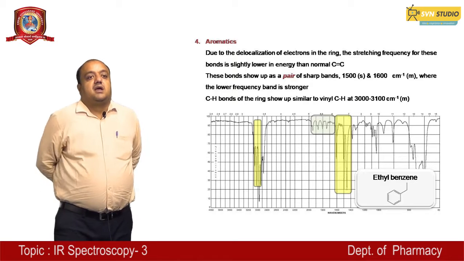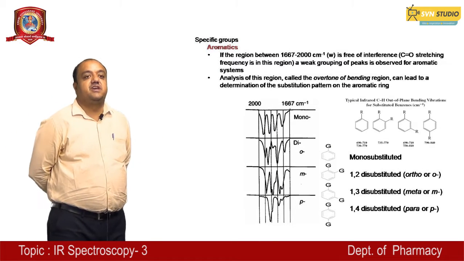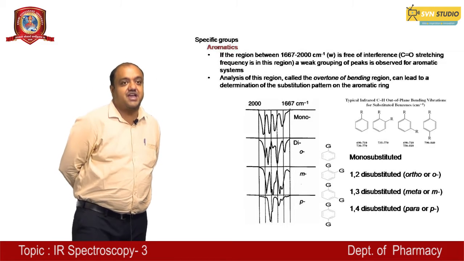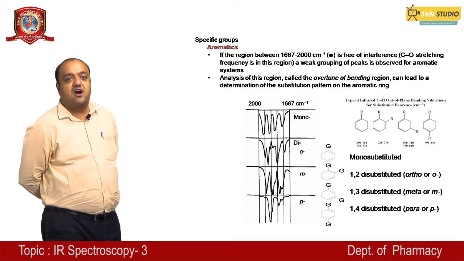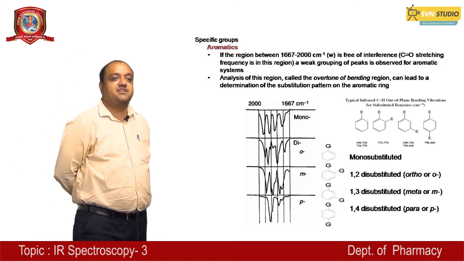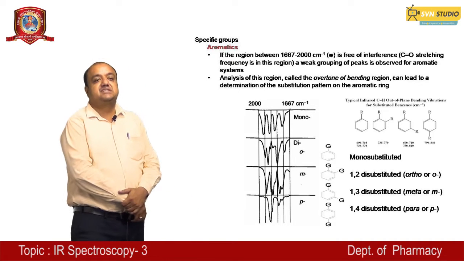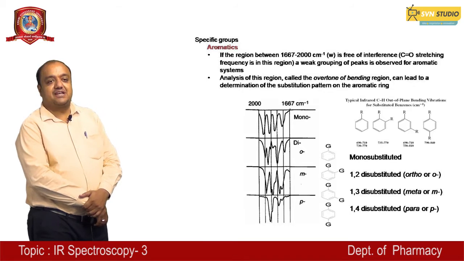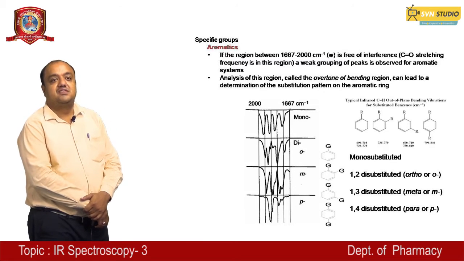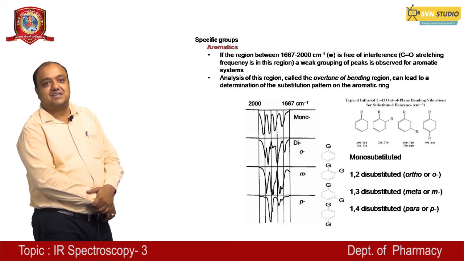And for specific groups like aromatics, the region between 1667 to 2000 centimeter inverse, a wide intensity peak, is free of interference from C=O stretches, and in this region a weak grouping of peaks is observed for aromatic systems, and analysis of this region, called the overtone or bending region, can lead